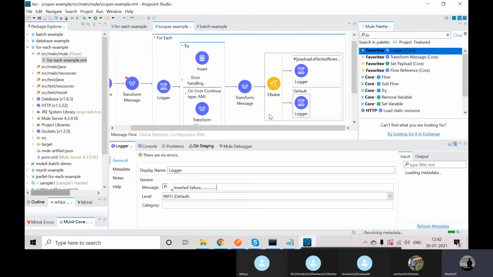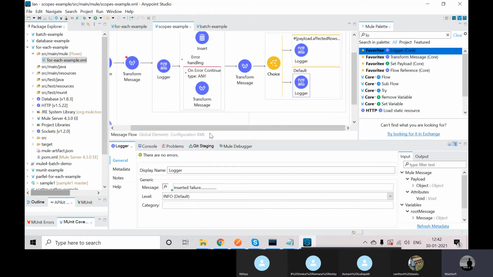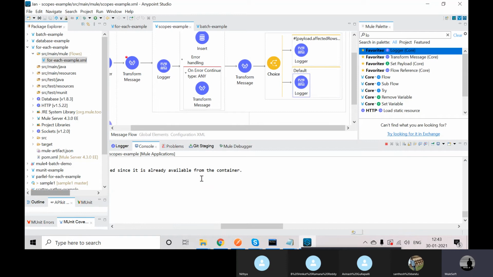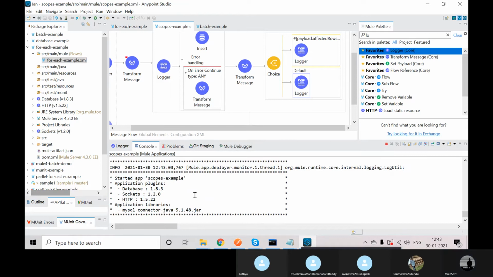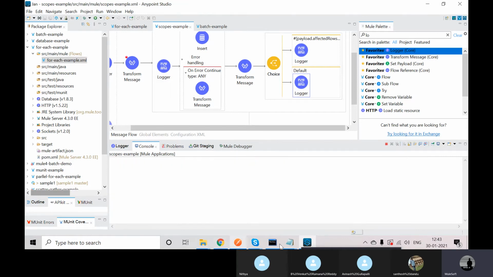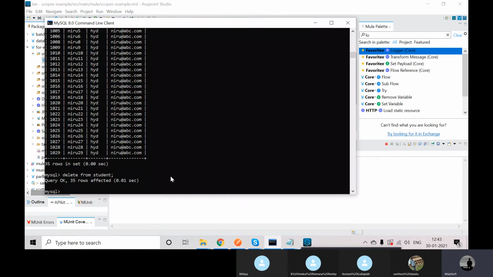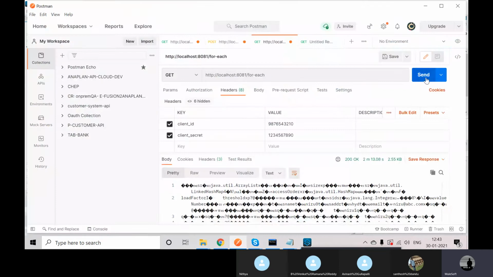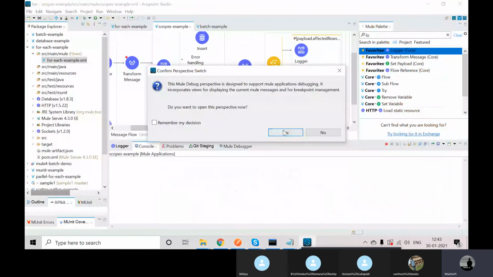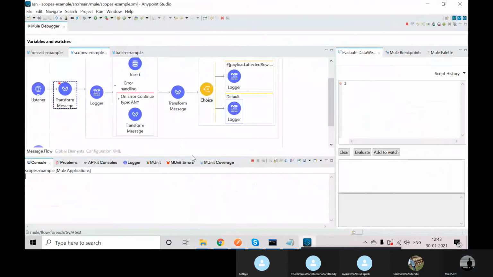Okay, so I'll show you how it will work. Now I'll clear the console. I'll hit from the browser. Before that, I'll clear everything. Already deleted, right? So I don't have any data in the database. I'm hitting from the flow, clicking on the FX.